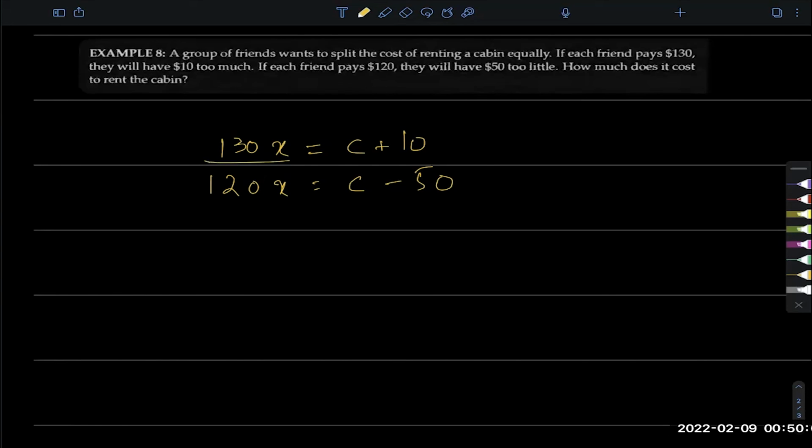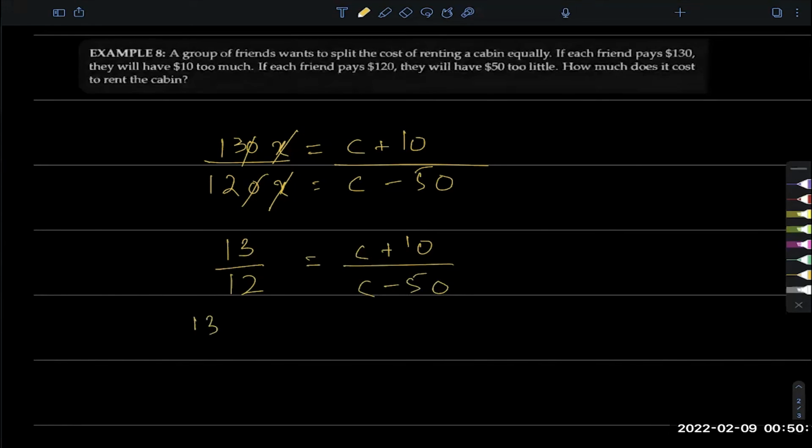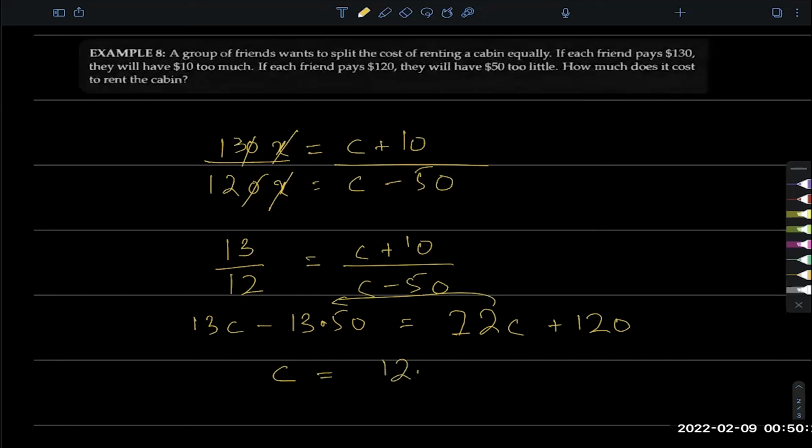So if I divide them, what do I get? This x cancels out, the 0 cancels out. I have 13 over 12 equal to C plus 10 over C minus 50. And that's easy. 13C minus 13 times 50 is equal to 12C plus 120. Okay, so C, I bring this. Sorry, second. 13C